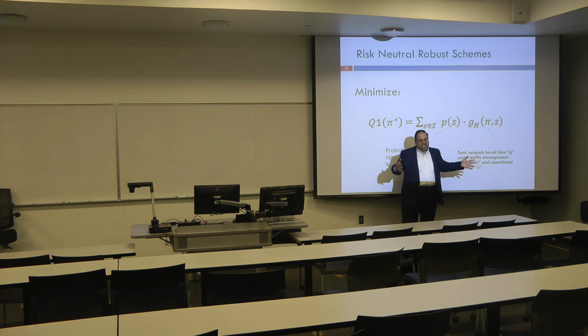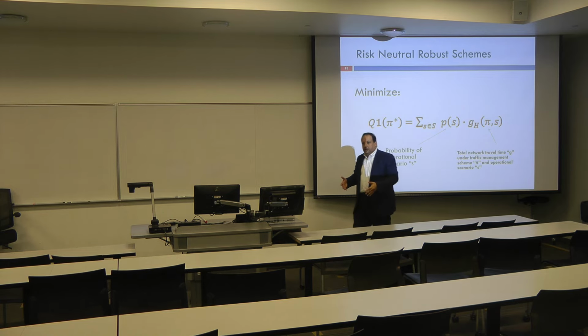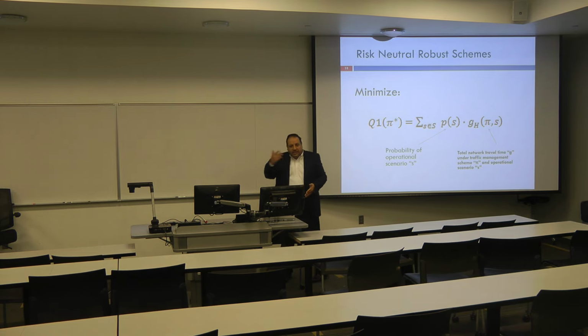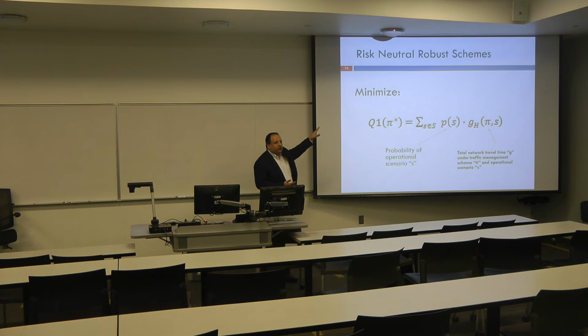So here I'm getting the expected value of the performance function, considering the variation in the operation scenarios. This solution we call risk neutral, because I haven't looked at the variance component. I just looked at the expected value. I was trying to minimize, if you remember the graph, the Pareto optimal set, I was trying to minimize